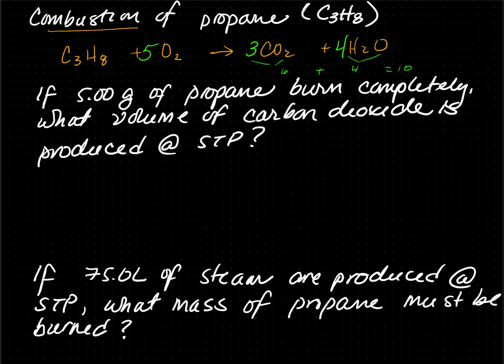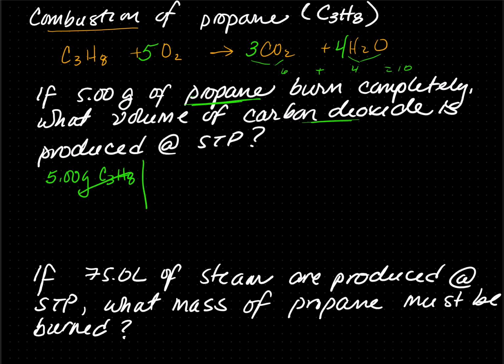So if 5 grams of propane burns completely, what is the volume of carbon dioxide? So we need to go from propane to carbon dioxide. Since we are going from one element or compound to a different element or compound, we need to do mole ratio. So that means we need to start with what's given, which is 5 grams propane, because that's what was given,